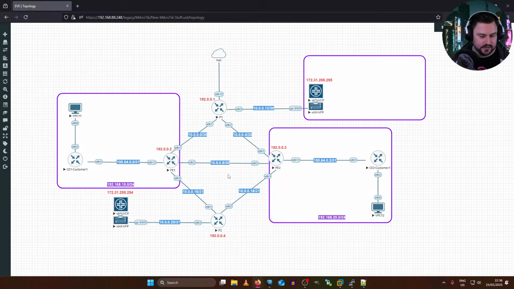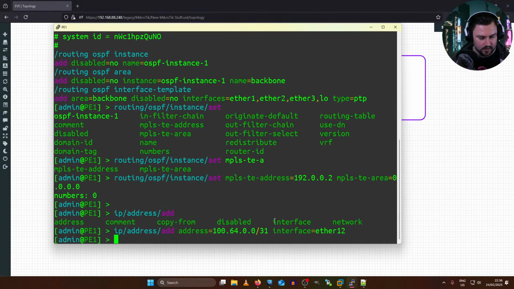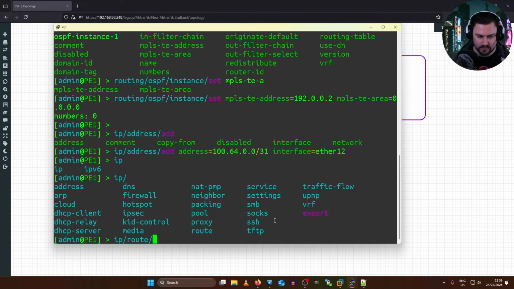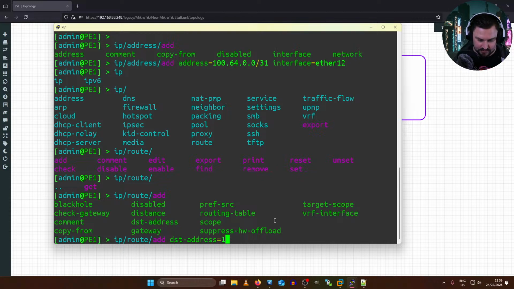Alright, so let's just do that first thing where I said I'm going to add a static route on the PE1. So let's just find PE1. And then for PE1, I said we're just going to add a route. And the route, we're going to give it a destination of 192.168.10.0/24, and the gateway was 164.0.1. Now this is not where it ends.